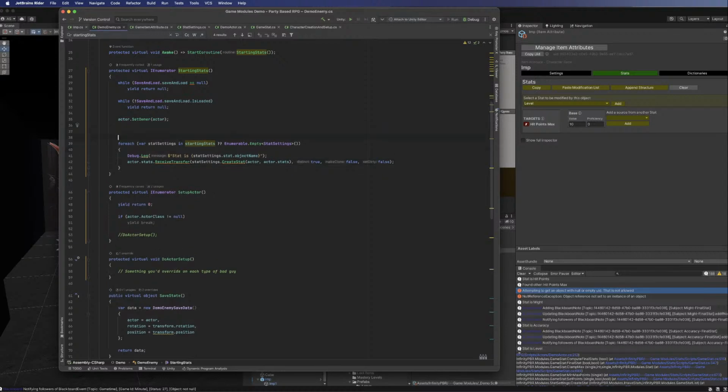Well, we could try this. And maybe this isn't a built-in thing. Maybe this is just, hey, there's another way of doing it if you run into this problem. We could say